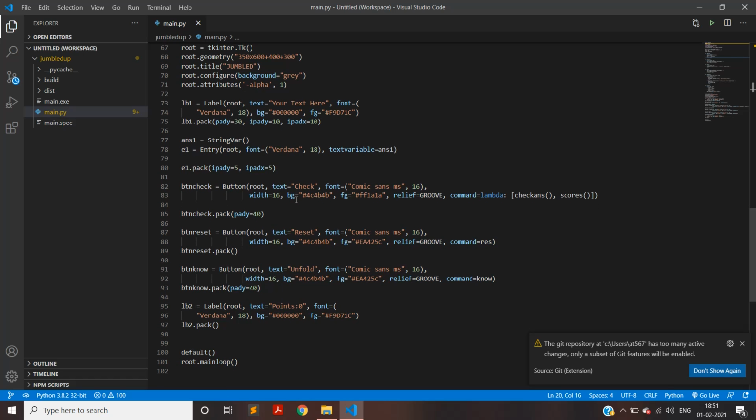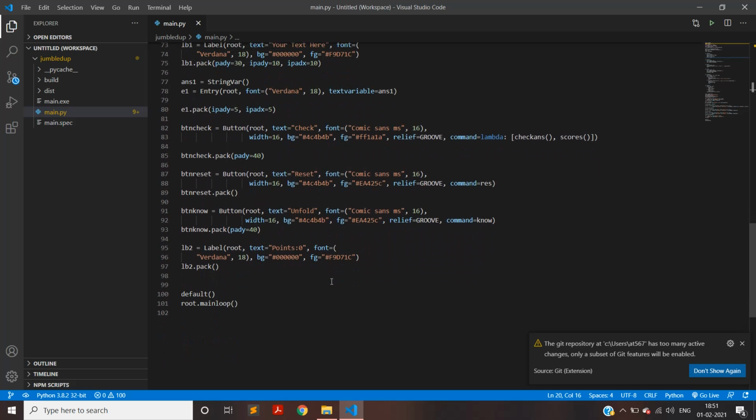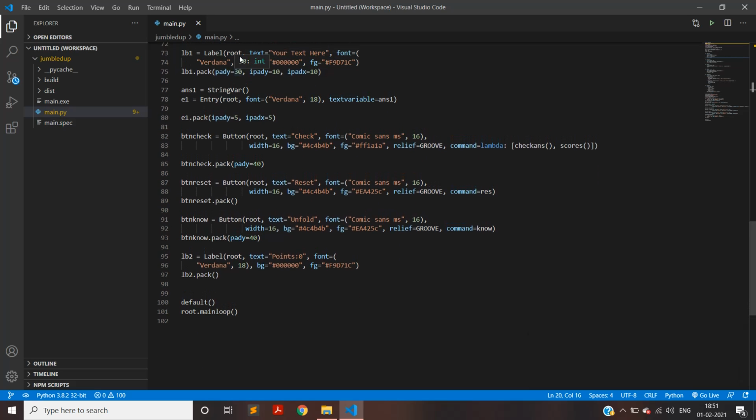Then the jumbled up word that you see is in a label called lb1, and I have packed lb1 so that it is actually visible in our environment. After that, I have specified three buttons: a check button, a reset button, and a no button. And in the end, I have another label called lb2 where we can update our points.